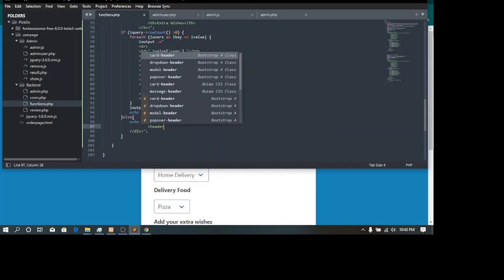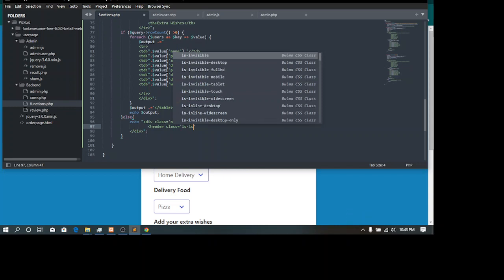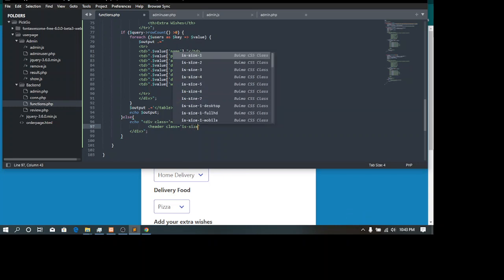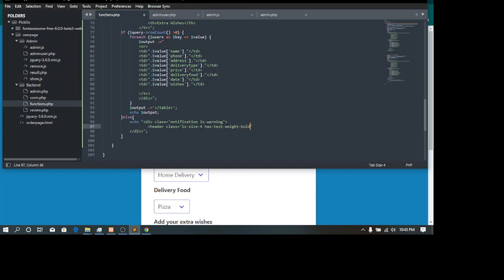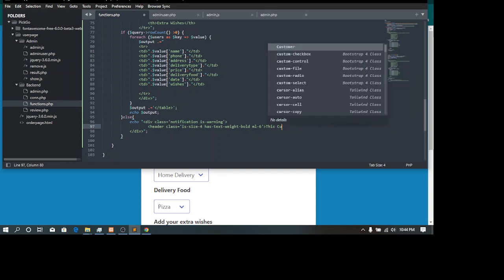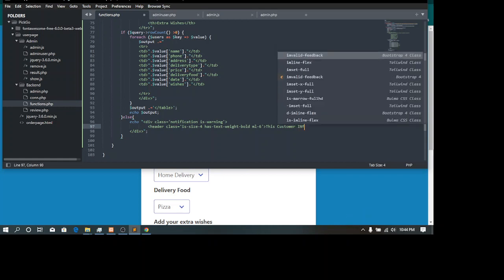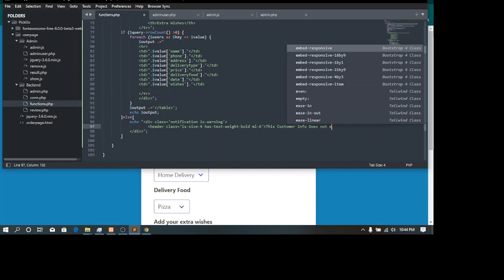Then you have a header which is size 4, with text bold, ml-6, then we say this customer info does not exist.